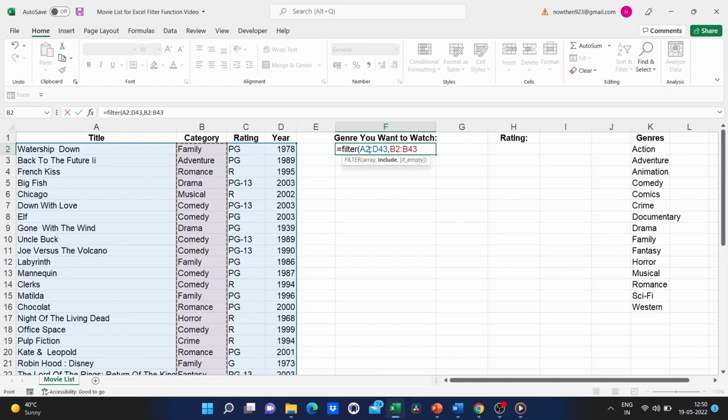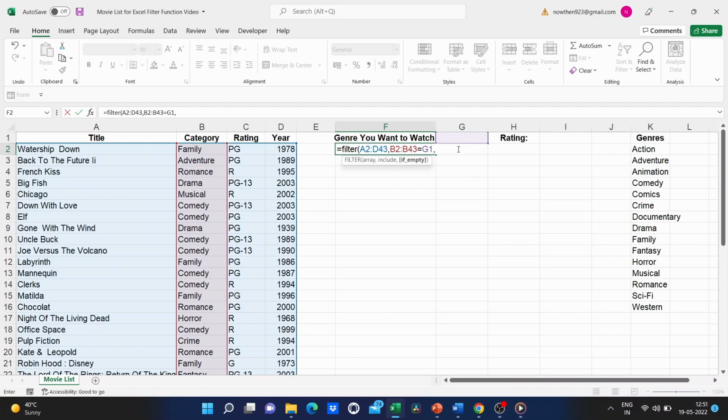And now the test. Equals. Now here, instead of putting in the word family, I could just click on a cell like G5, H3, or I could even just type it in. In this case, I'll just type in G1. What this means is that Excel will look and see if anything in this list is equal to whatever is in G1. Now I put another comma in.